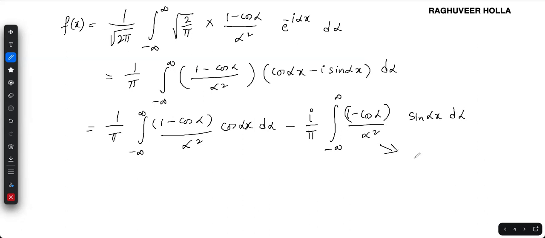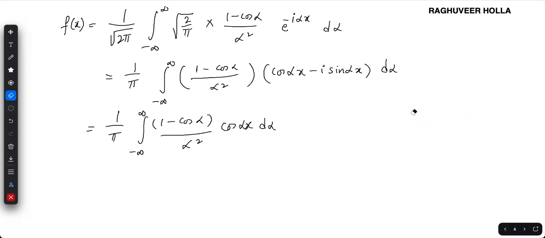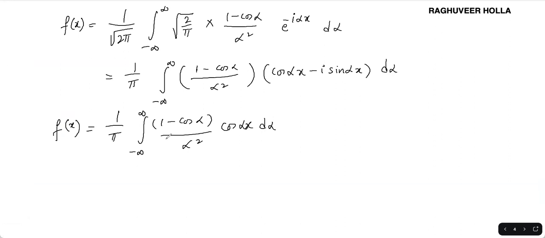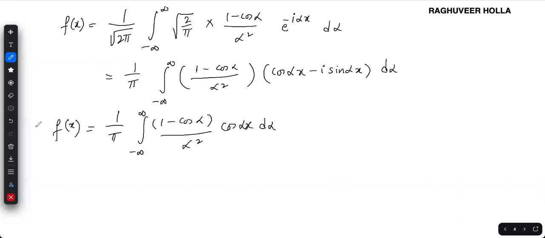This is minus i by pi, integral minus infinity to infinity, 1 minus cos alpha divided by alpha square, sin alpha x d alpha. We can neglect the second term as it goes to 0. So let us consider only this. So your f of x is this. Now if I take pi on the other side,